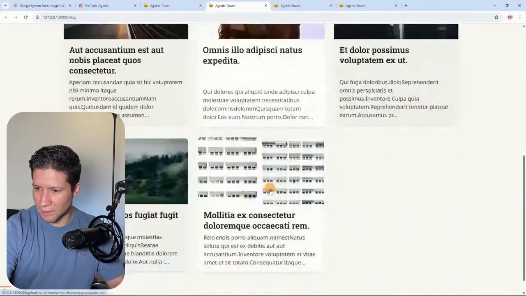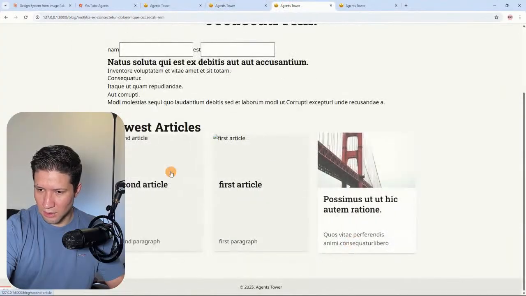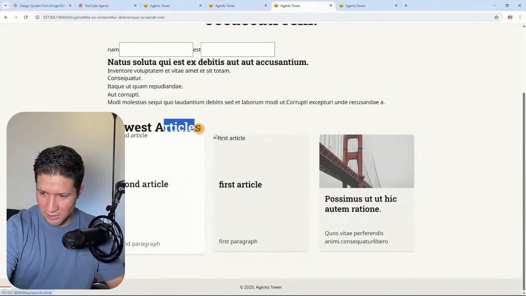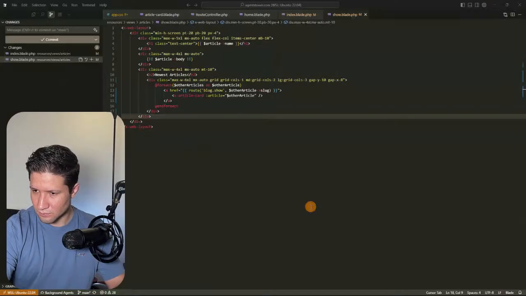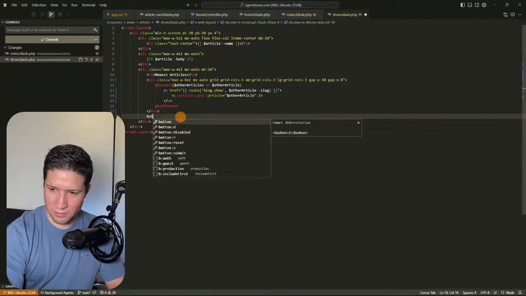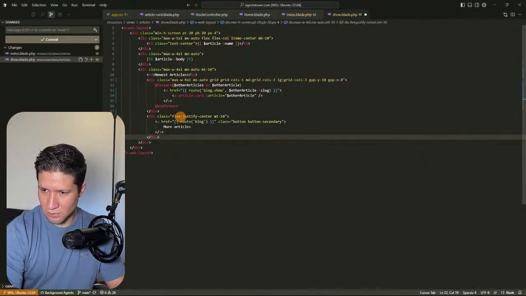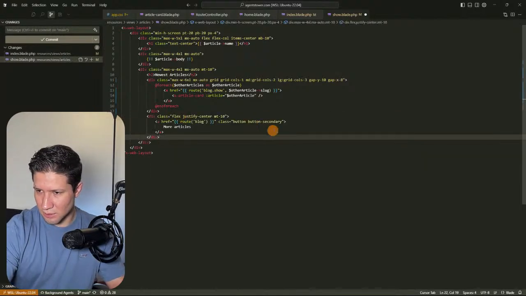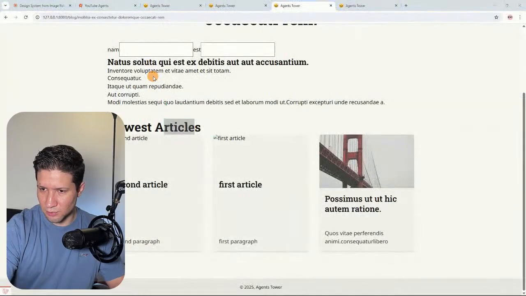Okay. So I just want to make this center and separate it a little bit. So I'm just going to add a button, more articles, and this is going to be,